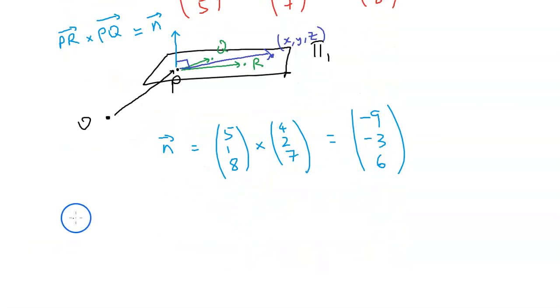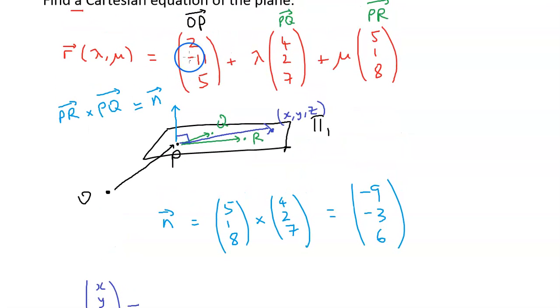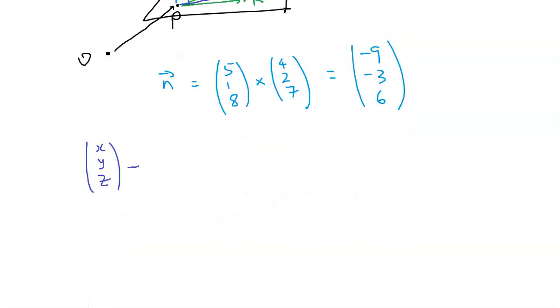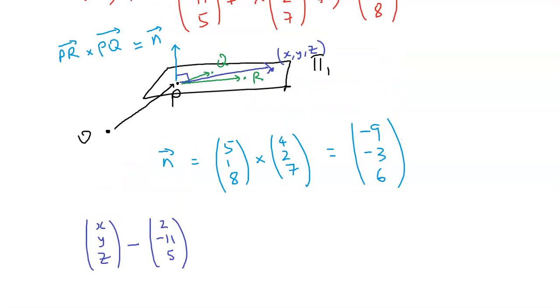Another way to write that is (x, y, z) minus OP, which is (2, -11, 5). So let's call this the vector v that goes from P to (x, y, z), where (x, y, z) is an arbitrary point in the plane. And we know that v dotted with our vector n